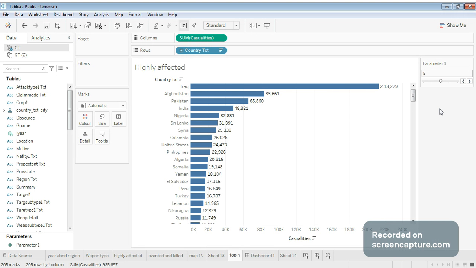It is very clear that my initial graph, the first graph that was showing a spike in the Middle Eastern region, now when you see this bar graph, you'll clearly understand why that spike was there. Iraq is a Middle Eastern country, Afghanistan is a Middle Eastern country, Pakistan is also a Middle Eastern country. So it clearly shows.